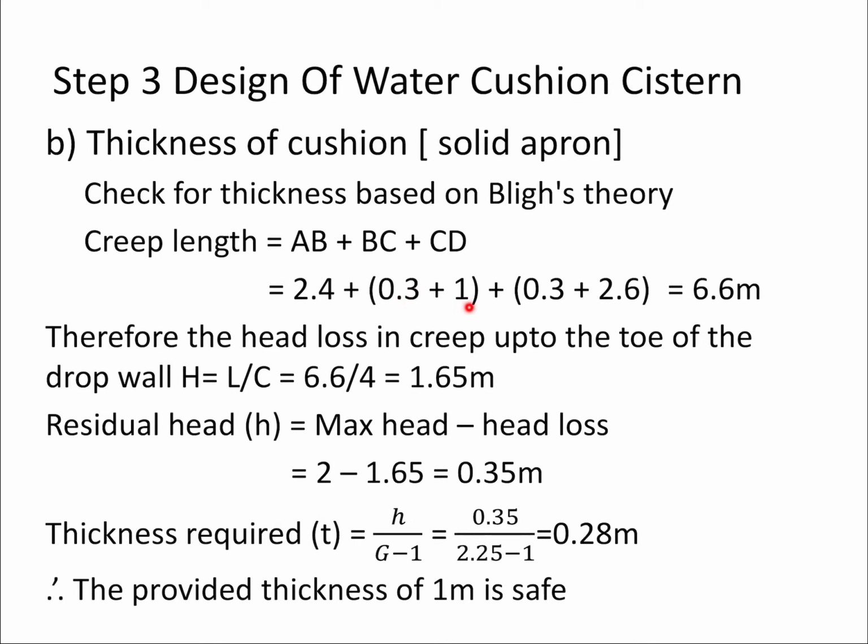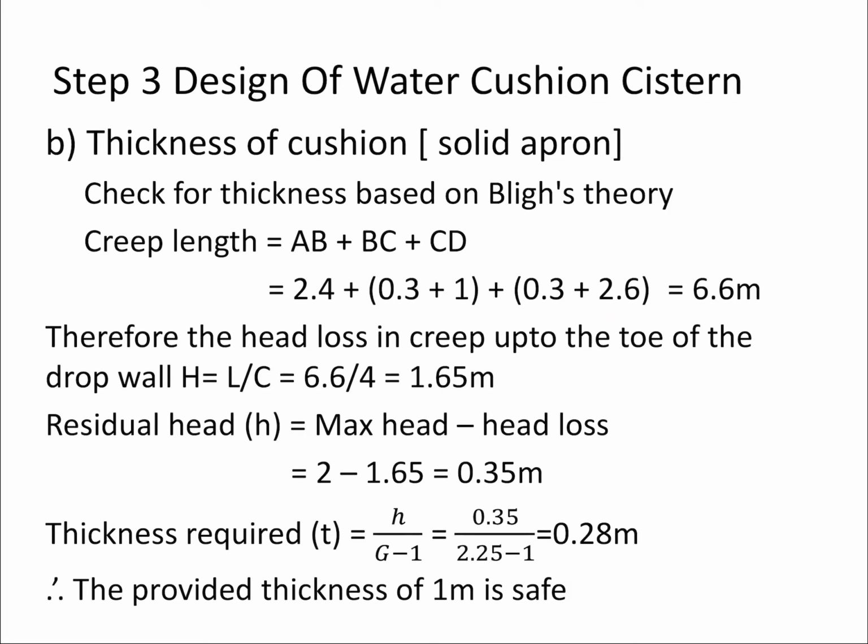Creep length is equal to 6.6 meter. So head loss till up to toe will be, H will be L by C, 6.6 by 4, 1.65. So residual head will be equal to maximum head minus head loss, 2 minus 1.65, which is equal to 0.35